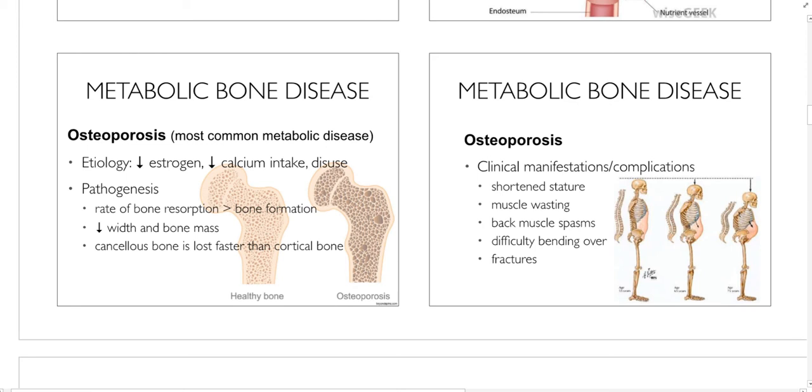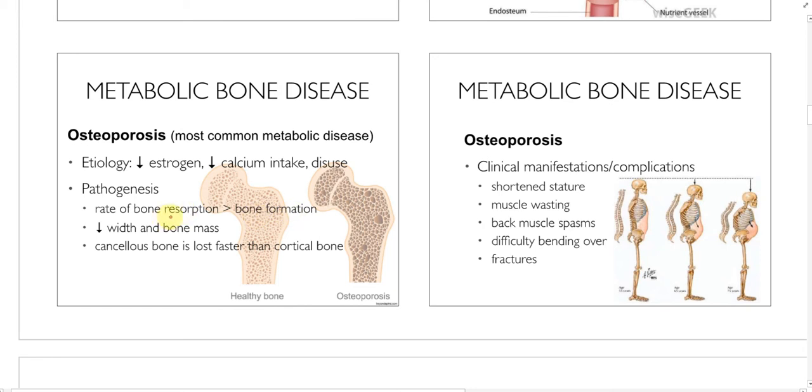So osteoporosis is not the most common metabolic disease. I'm pretty certain that diabetes is. I've not been able to find anything that confirms that osteoporosis is actually the most common metabolic disease. But osteoporosis can come from a decrease in estrogen, or a decrease in calcium intake, or in disuse of those bones. And what happens is there is a rate of bone resorption which is greater than the rate of bone